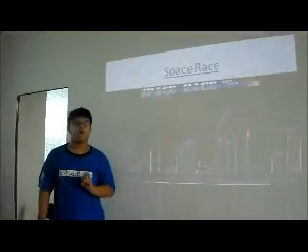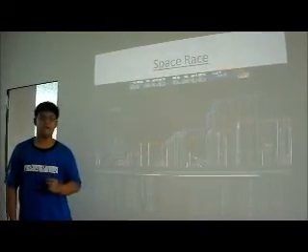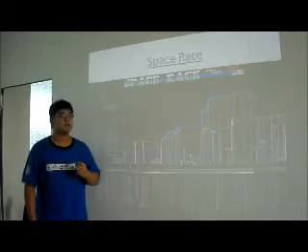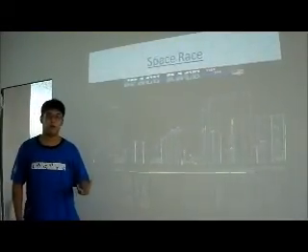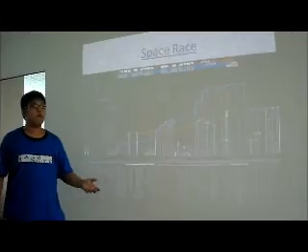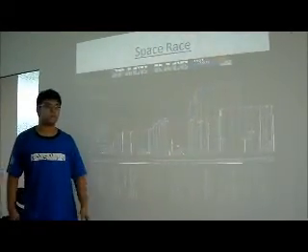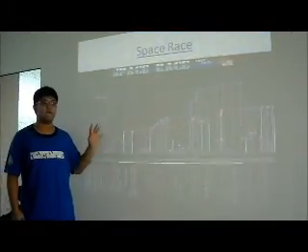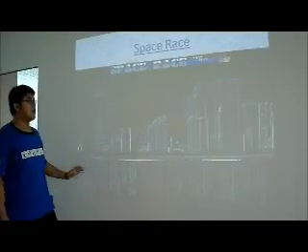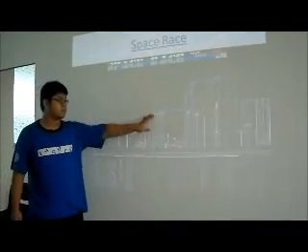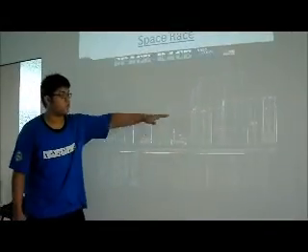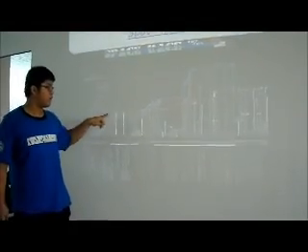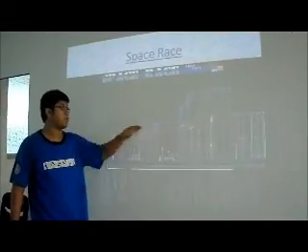Space race. There are two major competitions that were faced by the United States and the Soviet Union. One of them is the space race. The space race was a technological and scientific competition between them in space exploration, which was seen as necessary to attain first in technological and scientific advancement. As we can see in the diagram, the United States has defeated the Soviet Union in the graph. The blue line shows the United States' progress, while the Soviet Union's progress is shown in red.